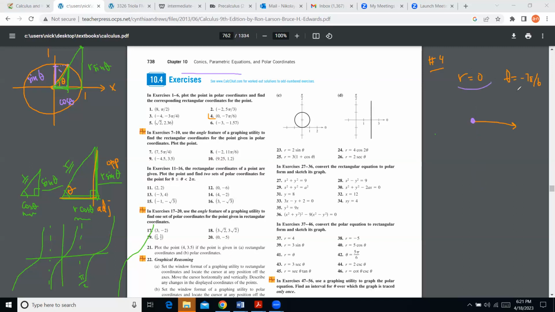So r and theta, because r is 0, it's right there. And I say that's not interesting. Well, let's try 3. That says again, r is -4, and theta is -3 pi over 4. Please notice if you know how to read this with r and theta, then it's very